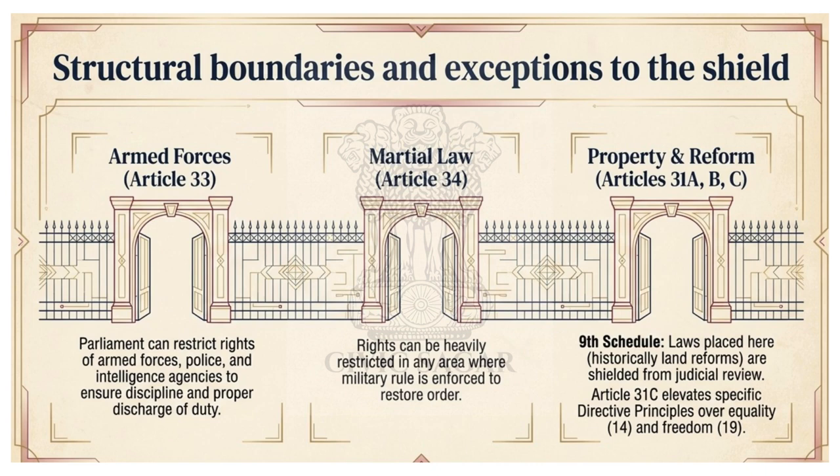Finally, we look at the structural boundaries and how these rights survive a national crisis. The Constitution sets clear limits on the shield for specific groups. Under Article 33, Parliament can restrict the fundamental rights of the armed forces, police, and intelligence agencies to ensure strict discipline. Article 34 allows rights to be heavily restricted in any area where martial law, or military rule, is actively